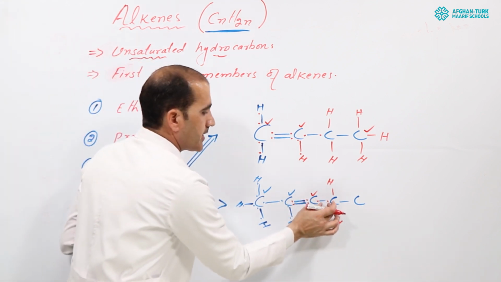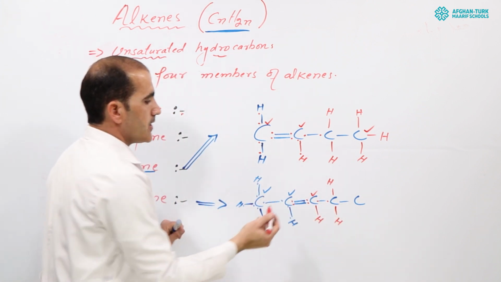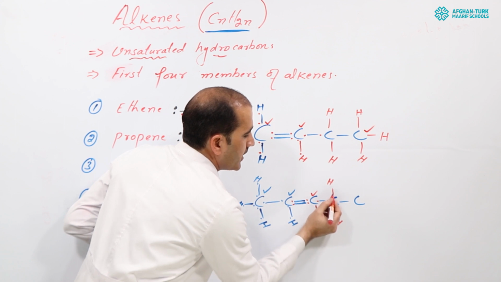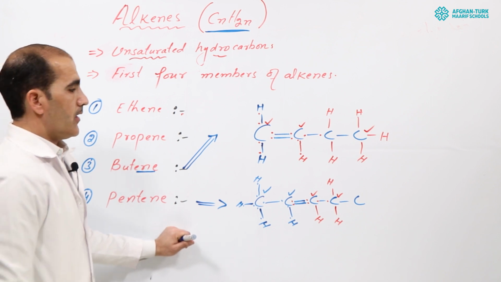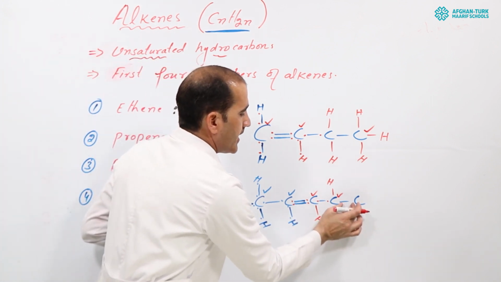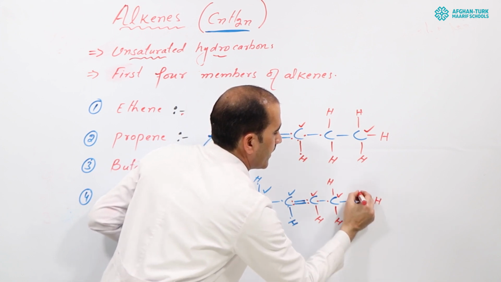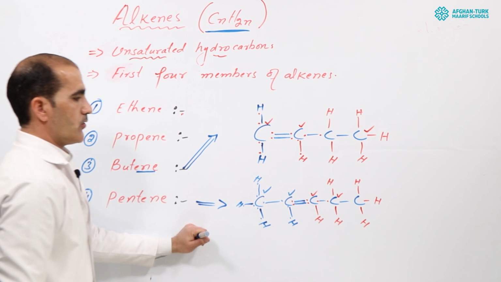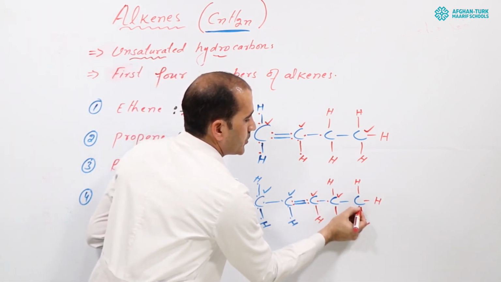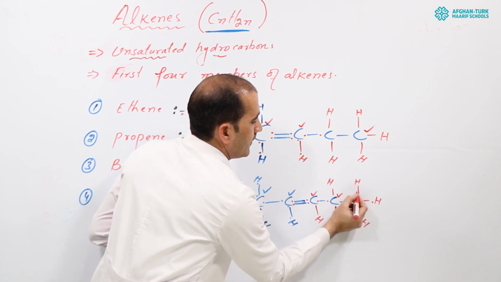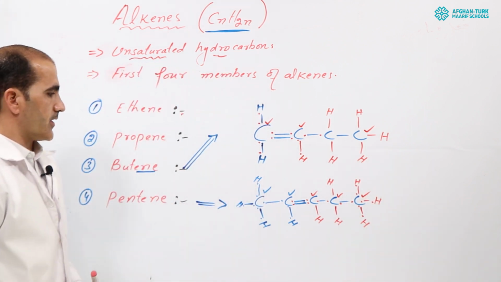Because you can count the number of electrons here with this carbon atom. Already in the last shell of carbon, we have 4 electrons, but if you count 1, 2, 3, 4, 5, 6, 7, 8. So by 8 electrons right now it becomes stable. Same situation with this carbon. It has only 2 electrons here, so it needs 3 more hydrogen atoms here. How many hydrogen atoms? 3 more hydrogen atoms. So by 3 hydrogen atoms it will become stable. Look here. 1, 2, 3, 4, 5, 6, 7, 8. By 8 electrons this carbon atom also becomes stable.